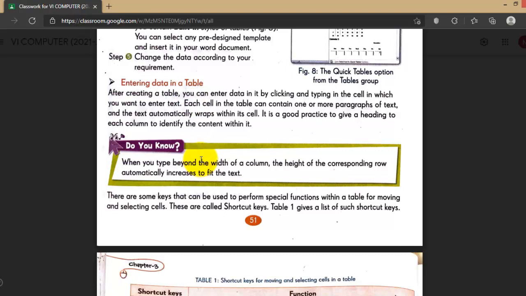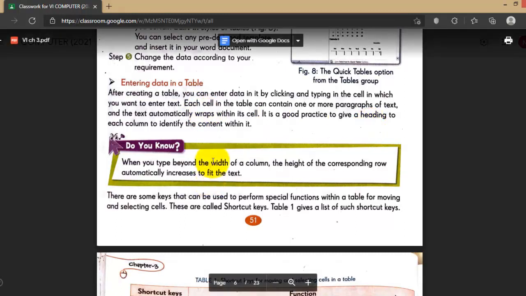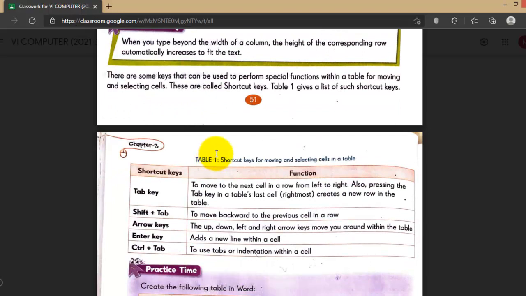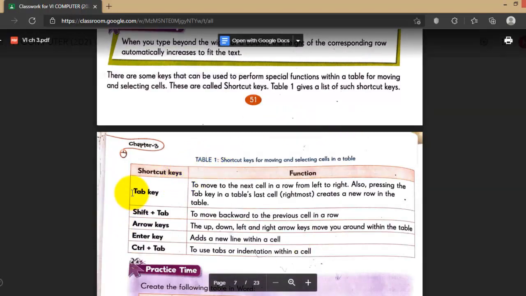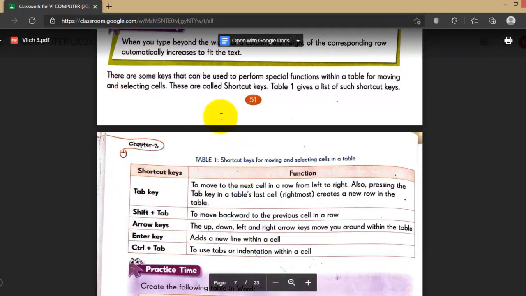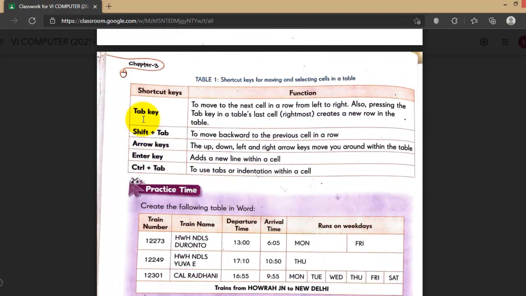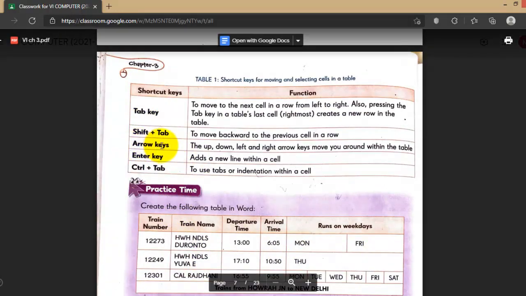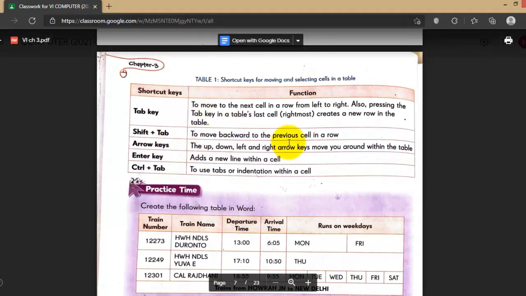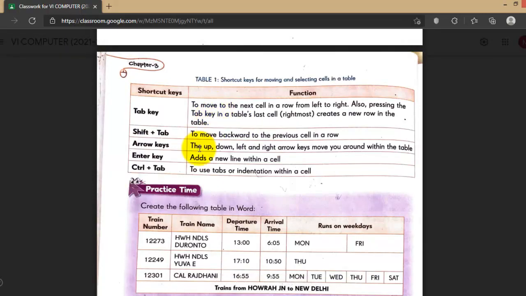Entering data in table, this is the one which we are going to do. In each cell, how we are going to enter the data by clicking on the cell. There are some shortcut keys that we need to know. From going from one cell to another, we can directly press the tab key. When we want to move to the previous cell backward, then shift plus tab. And going up and down between the cells also, we can use the arrow keys, and the best option is using your mouse pointer. You can directly click on wherever you want, and the enter key if you want a new line,